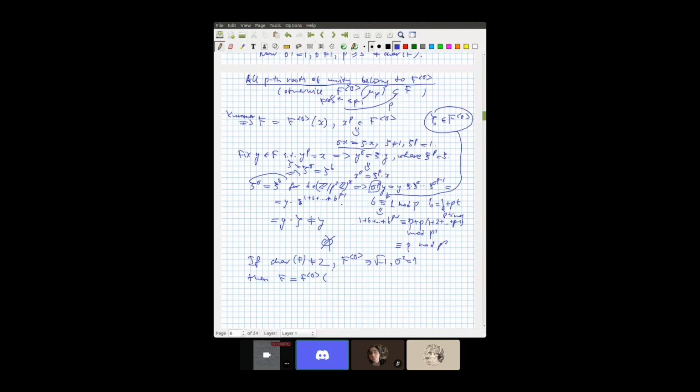So denote the primitive element by x, x squared for some x in F. Because of Kummer extension, we assume that the characteristic is non-zero, so we can